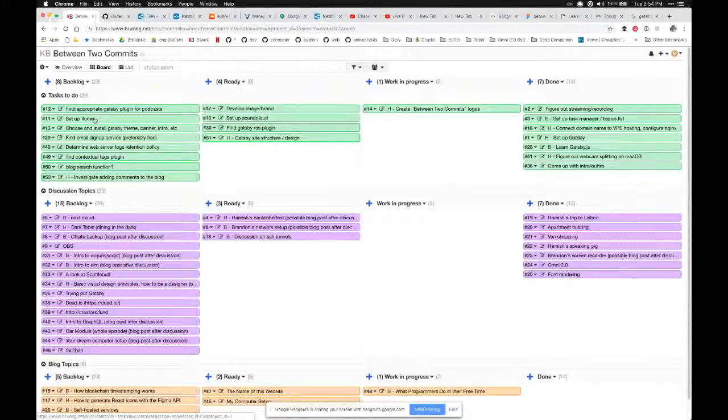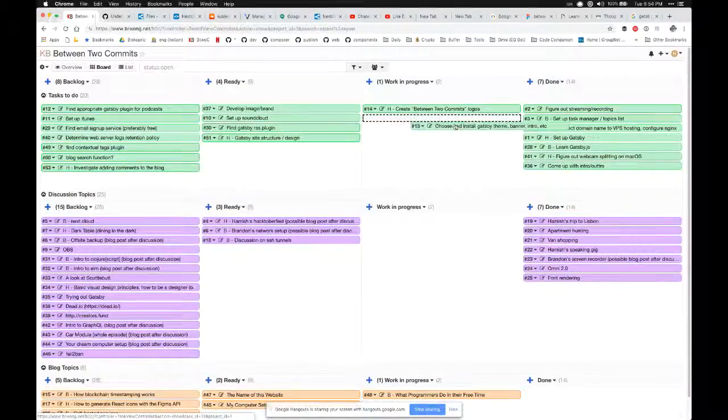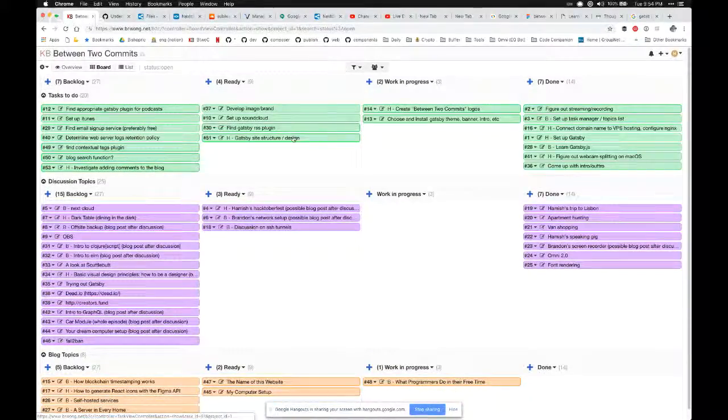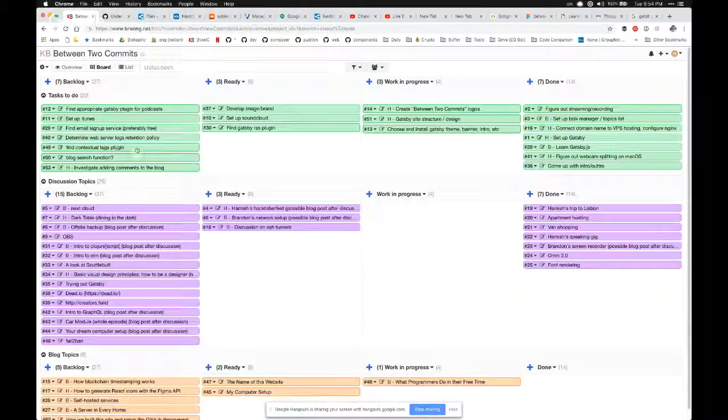Setting up iTunes. I think this one might be kind of done, right? Because we've kind of found something. We have to work on it, but it's okay. Then put it in work in progress then. Yeah. We definitely have not implemented it, that's for sure. I'll keep these ones in progress because they're all kind of connected and related to each other, just with the design stuff. So do that there.